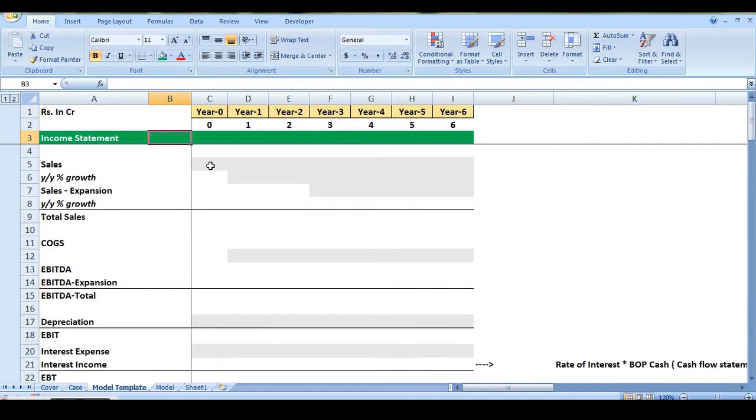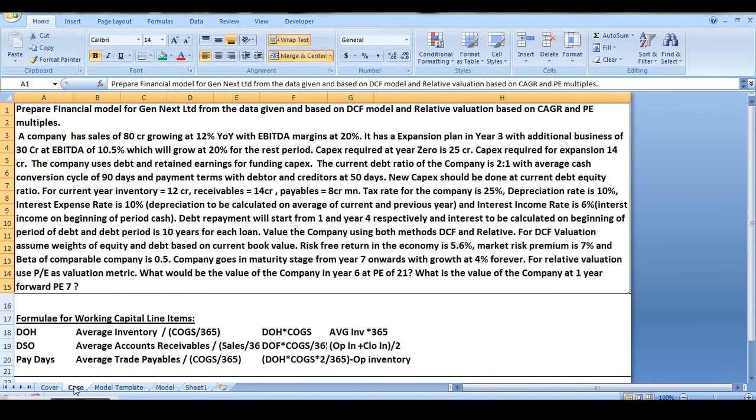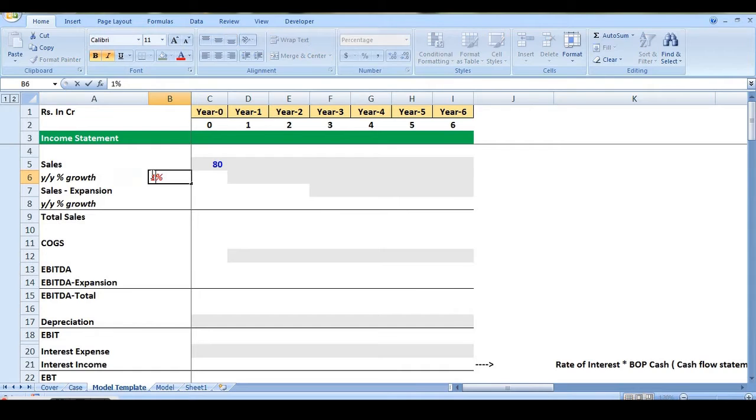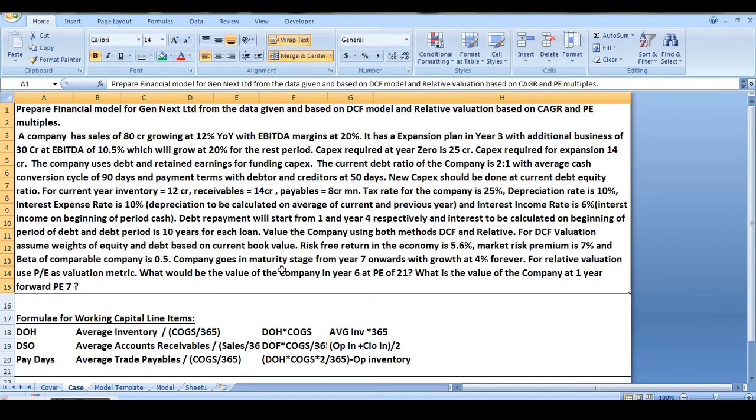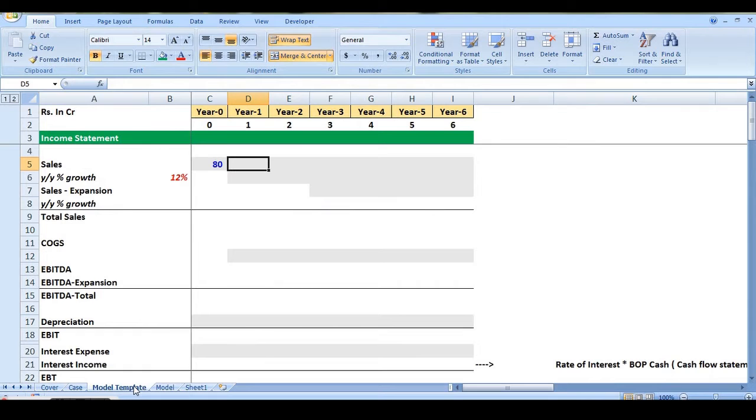So the year 0 sales are 80 and year on year growth is, as said in the case, 12%. So from that we can easily calculate the sales for the next 6 years. Why 6 years? Because the company says that company goes into maturity stage from year 7 onwards. So we need to prepare the projected financial statements for 6 years. So we'll calculate the sales for next 6 years as